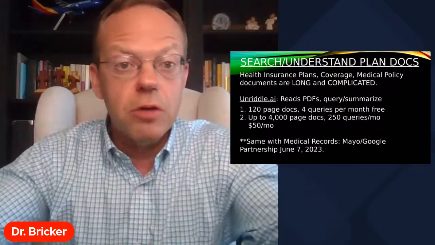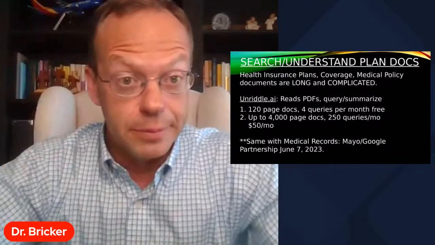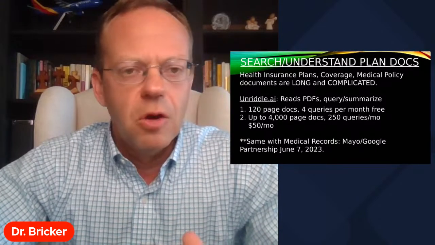Again, I have no connection to Unriddle AI, but say you were working as an account manager at a brokerage firm, or in benefits in HR, and an employee says, hey, my health insurance is saying it doesn't cover this. And you're like, I don't even know if our plan covers that. Instead of rifling through the plan documents of the medical policy, you could just use Unriddle AI to ask, for our Blue Cross, United, Cigna, Aetna policy, does it cover echocardiograms for 17-year-olds who had one episode of palpitations while playing soccer? And it'll shoot out an answer for you.